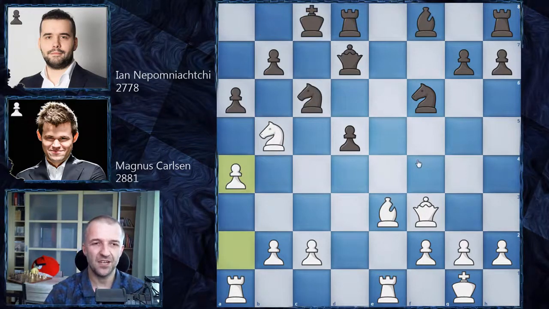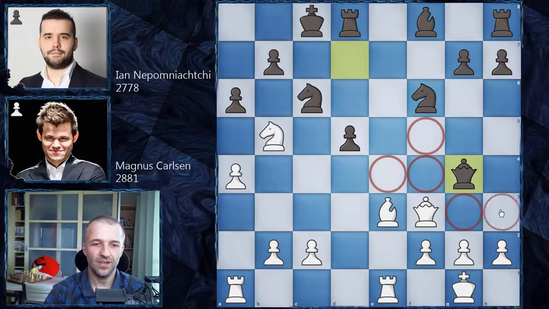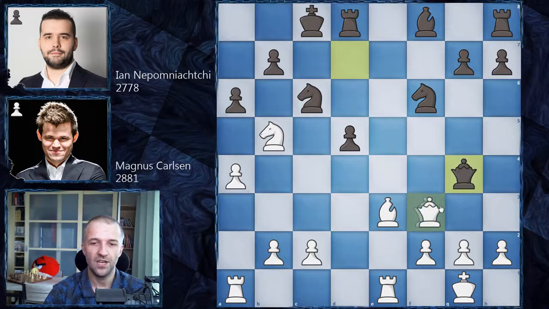However, Jan Nepomniachtchi played queen on d7 for a very important reason. He wants to exchange the queens, and he plays queen on g4. And look at the queen. Queen is trapped, so actually it has nowhere to go. All the squares are covered, so Magnus Carlsen has no choice, and he has to exchange the queens. So we have queen on g4, knight takes on g4, and now Nepo can just enjoy one extra